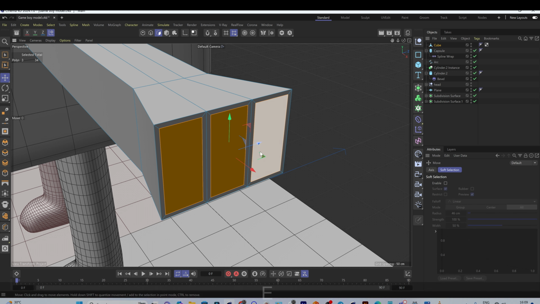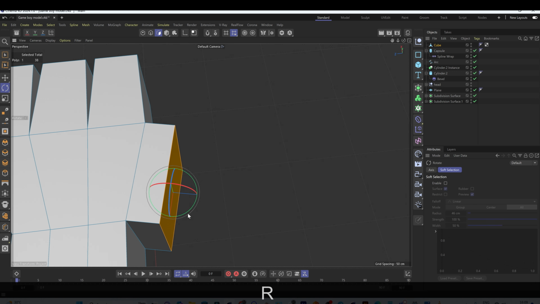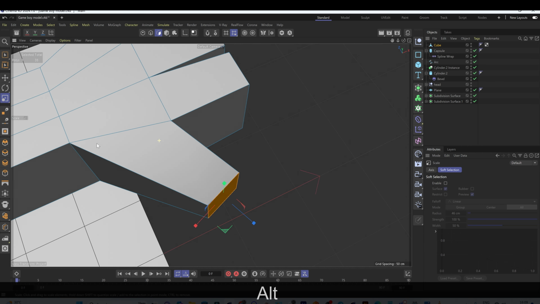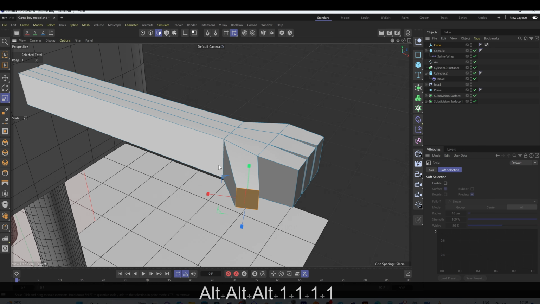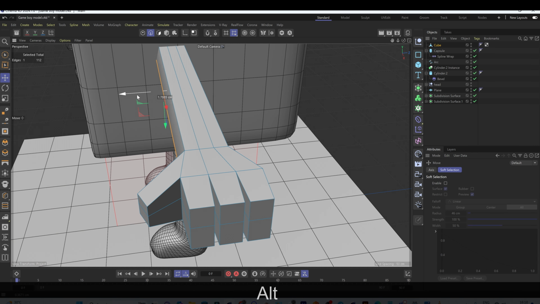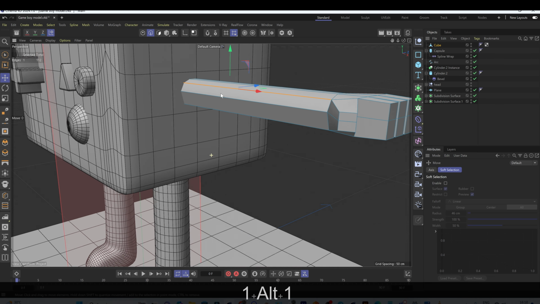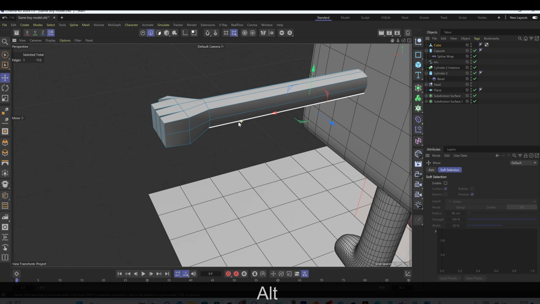Then scale it down. Then move it out. I'm going to bring this out. I'm going to rotate it. I'm going to move it up, and scale it. So now we have our fingers. The reason for doing it like this is that I can now add a loop cut. Move this a little bit. Put this down a little bit, down a little bit, down a little bit, move it up a little bit. So now we have our